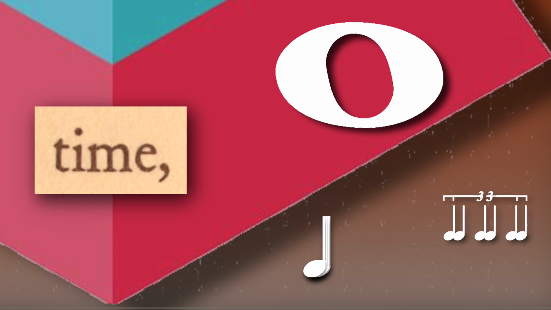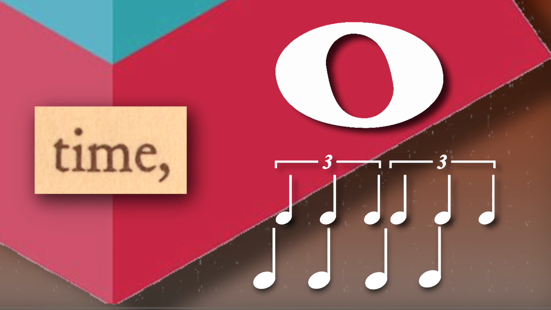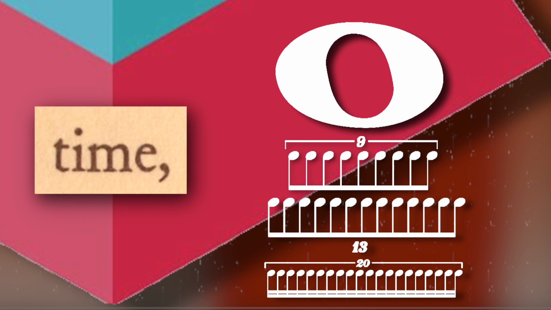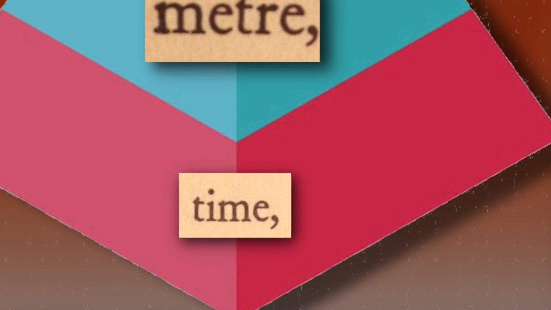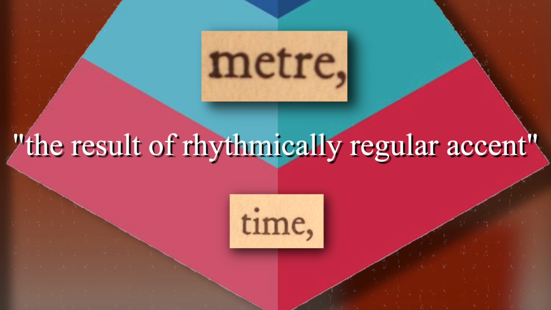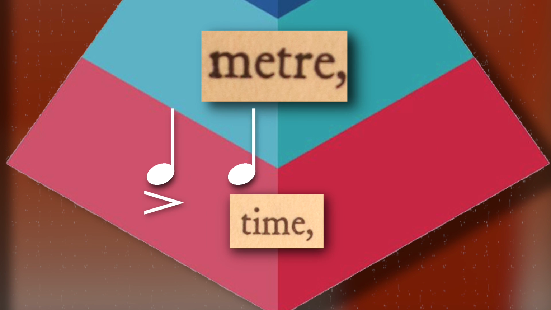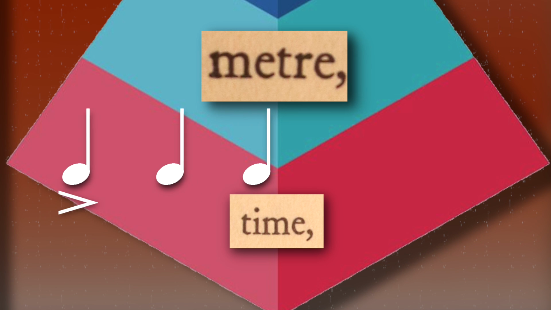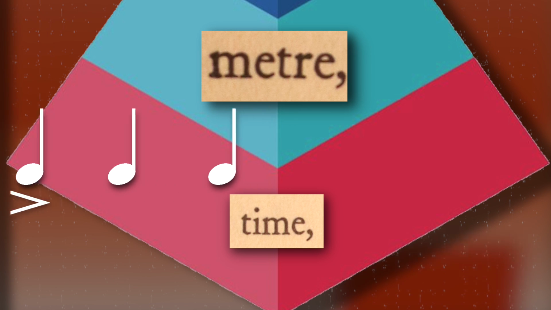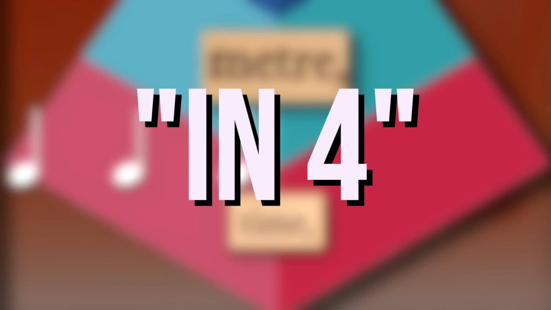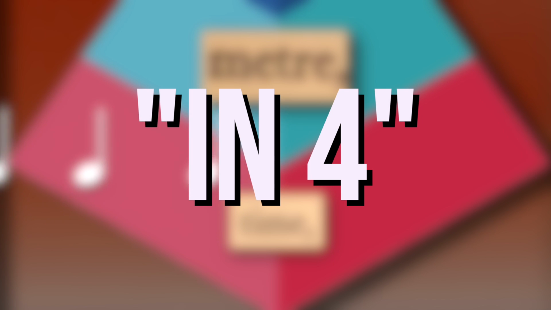Polyrhythms occur when two different subdivisions occur simultaneously, like 3 against 2, or 9 against 13, or something. Ascending our rhythmic hierarchy, we next find meter, which Cowell describes simply as the result of rhythmically regular accent. It is most common in Western music to choose a pattern of accents, or essentially a time signature, and to never vary it within a composition. So we can say a song is in 4 if every fourth subdivision is accented, or in 3, or in